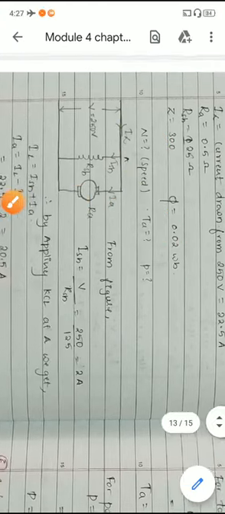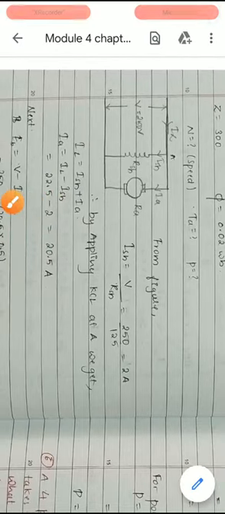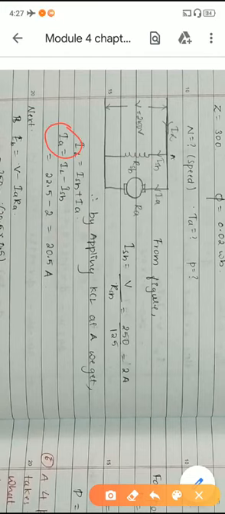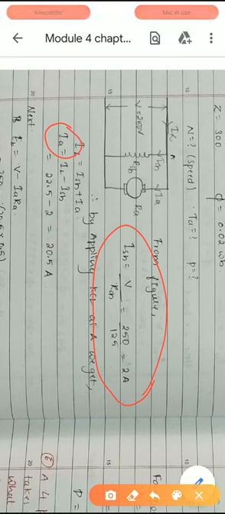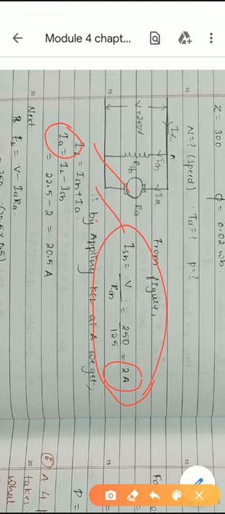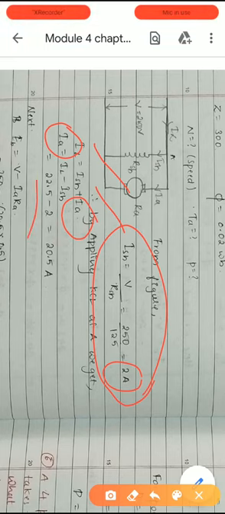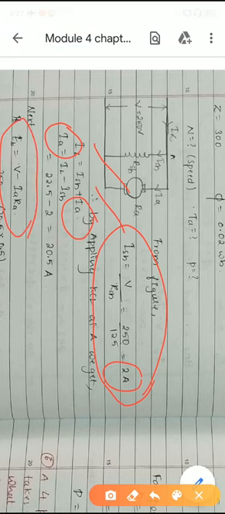right? So again from this figure what we need to calculate? First we need to calculate IA, that is ISH is equals to V by RSH. We will get ISH is equals to 2 ampere. Once we get the value of IL, ISH, then we can calculate IA. Why we need to calculate IA? Because it is required here. EB equals to V minus IARA.